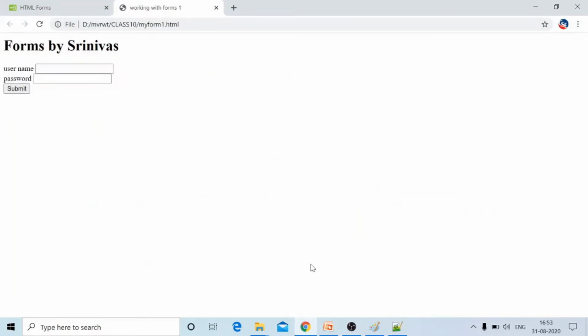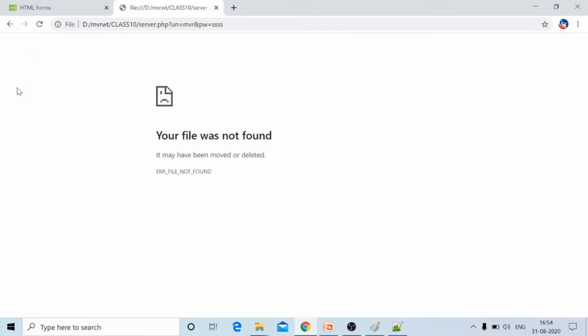This is the first form for us in HTML, which contains username. Suppose I enter username as MVR, password as sss. Observe the password appears as stars. If I click this submit button, our page will go to server.php.